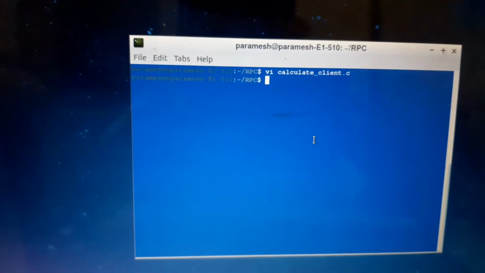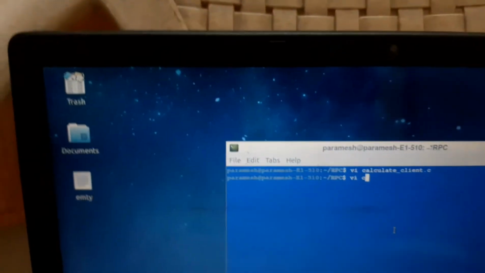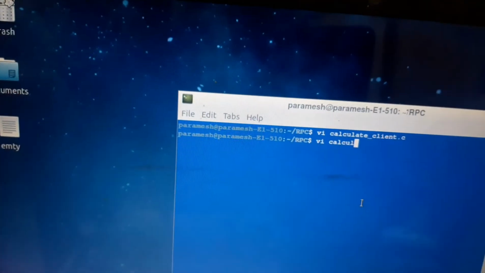Now we are entering into step 3, which is known as developing the server program, where we have to enter into the file name which already existed before.